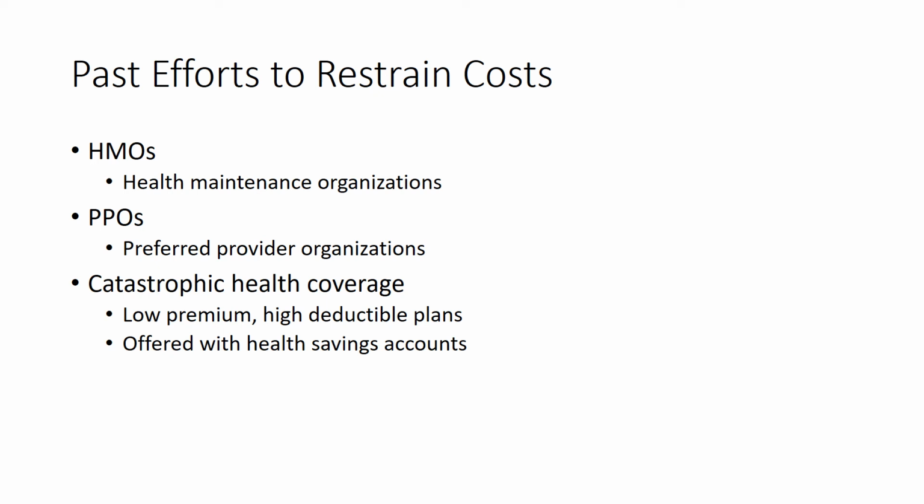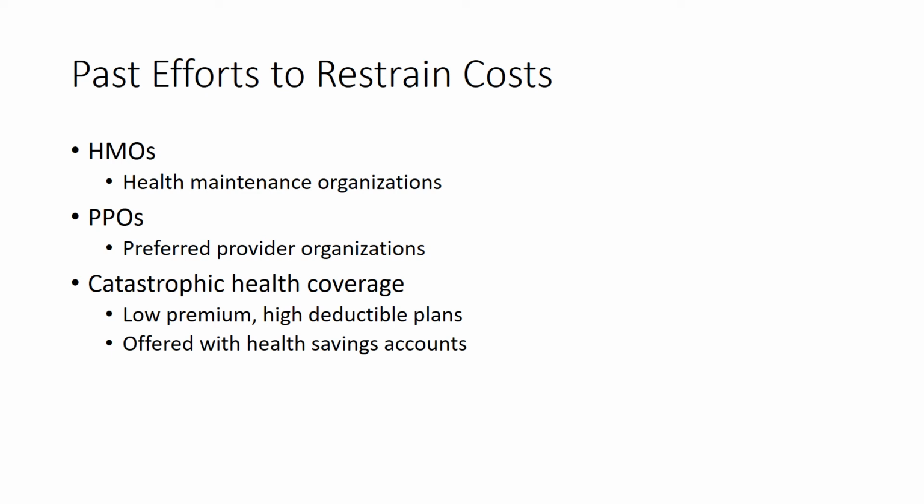In a PPO, a preferred provider organization, you have an in-network physician network where you can get really good rates, you get really good services for seeing a physician within your network. But if you go out of the network, so a physician who hasn't contracted with your health insurance company, the insurance plan will still cover some of those costs and it won't be completely out of pocket. So HMOs are cheaper than PPOs, but you don't have as much flexibility in terms of who you can actually see. You're really stuck within that plan.